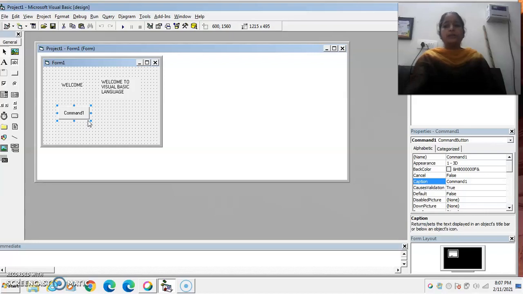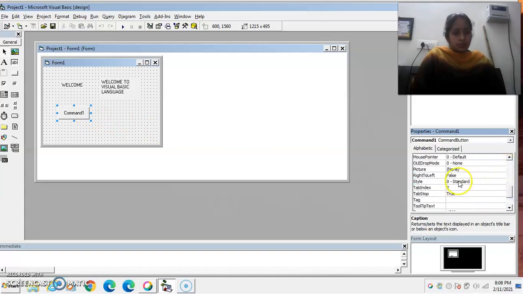Now let us discuss some important properties of the command button. The first important property is the button style, command button style. Two types of styles are available, standard and graphical. By default, standard is available.